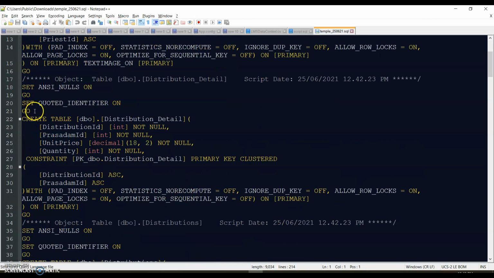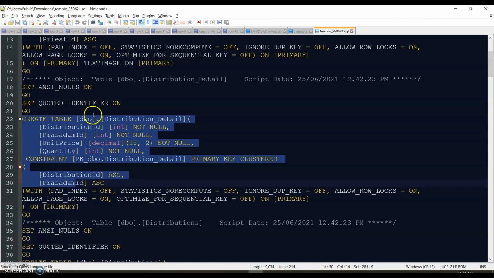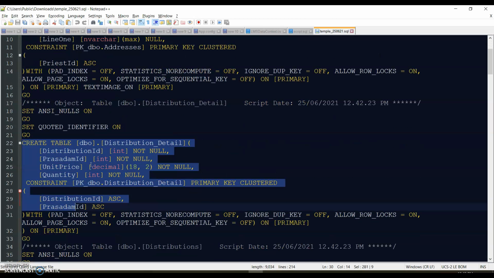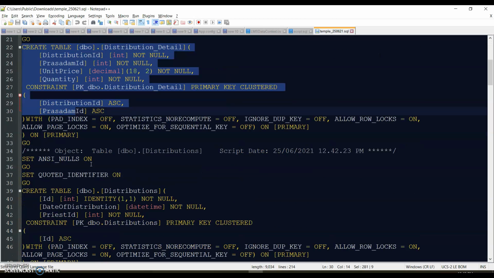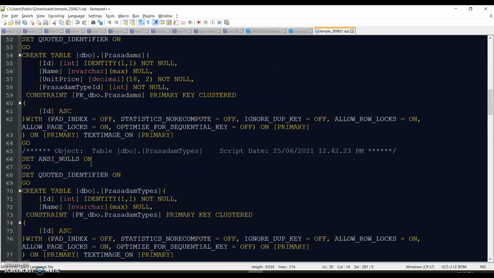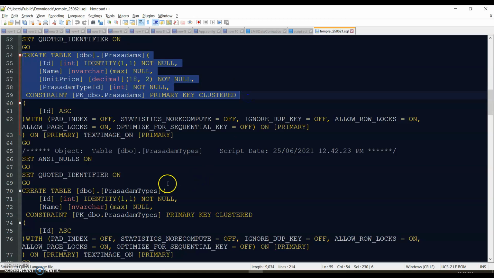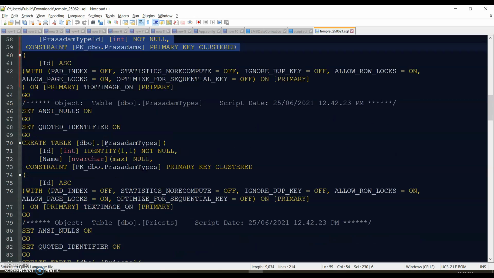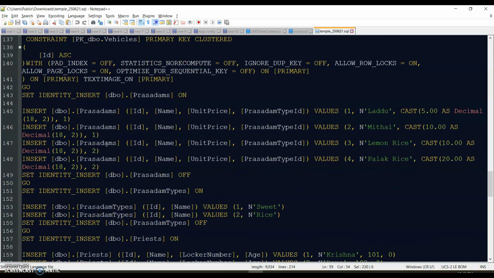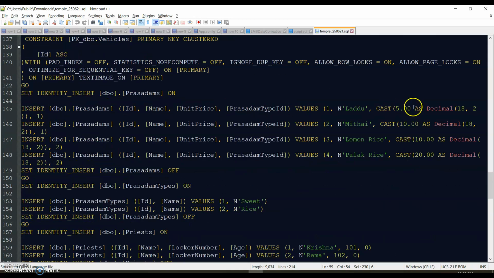So you can see here the create table statements. Now there are a lot of other SQL Server specific keywords here, which we need not worry about. They will be running on the other side by themselves. But more importantly, all this is standard SQL. If you want to create a separate script with only these things, you can copy paste into that separate script. And if you scroll down below, you'll see that it has all the insert statements also created.